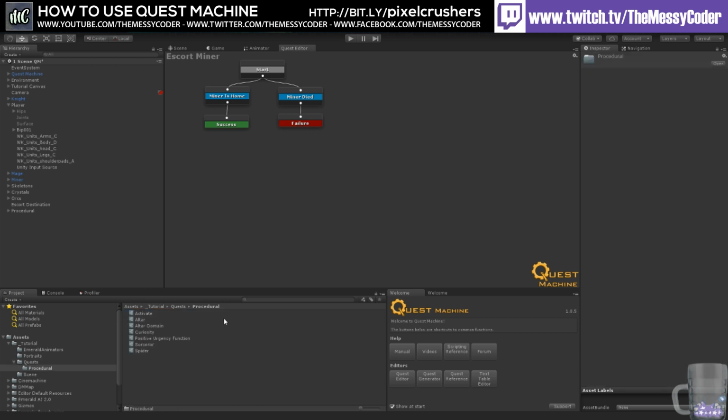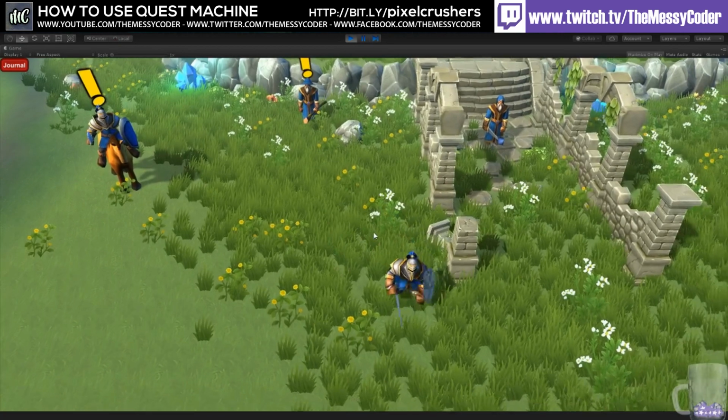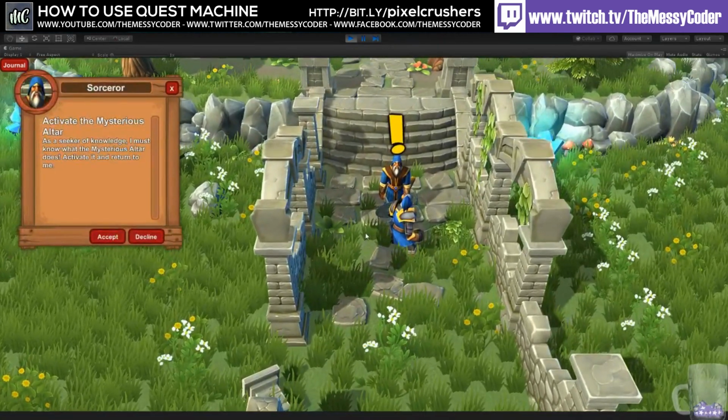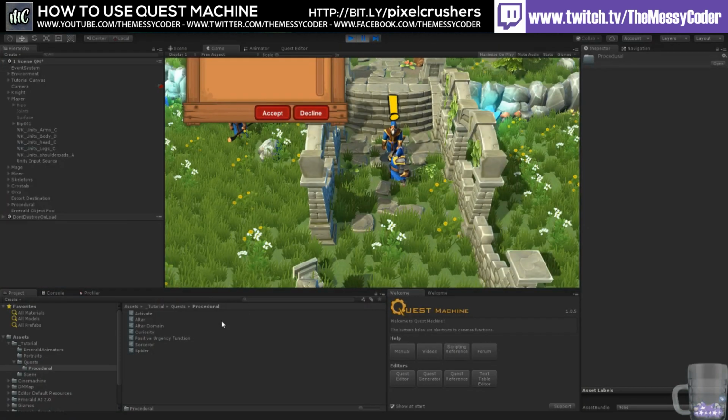For procedurally generated quests, let's start the scene again and talk to that sorcerer so that he will have generated a quest, and then we'll pause there and take a look at what's happened. And so, again, since I haven't really defined this with a lot of richness, and you can pause right here, if you click on the sorcerer NPC...